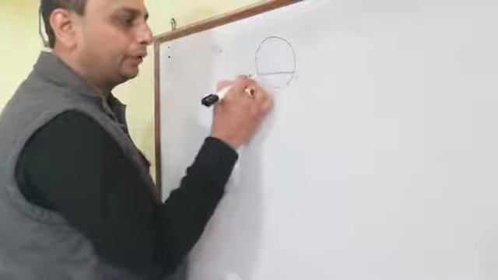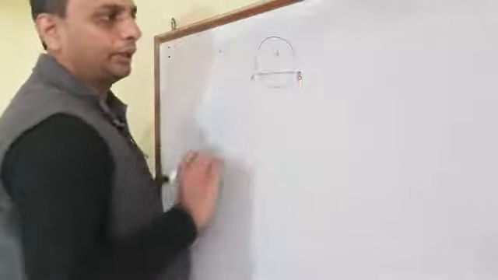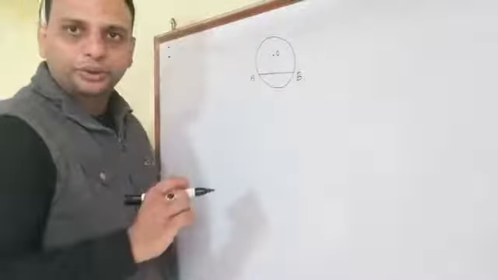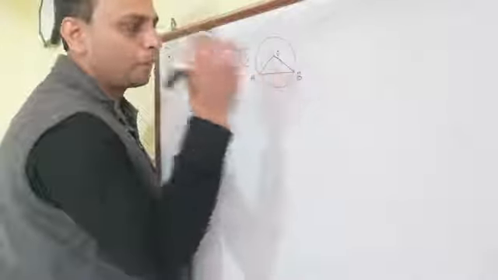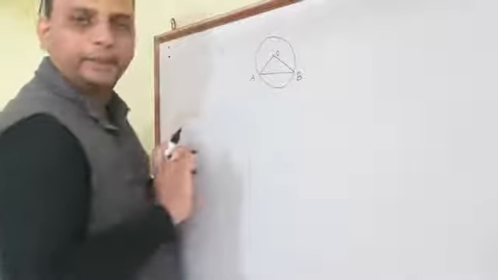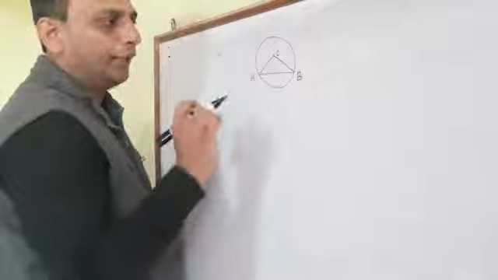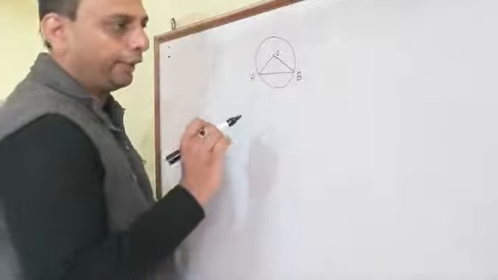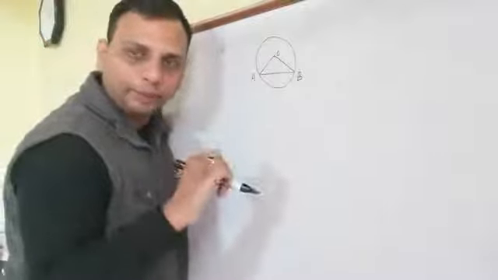It is said that there is one chord, AB is the chord, and this O is the center. So it is said in the question the chord is equal to radius. Chord is equal to radius. AO and OB are the radius, AB is the chord. This all are equal to each other. And we have to find the angle subtended by the arc at the